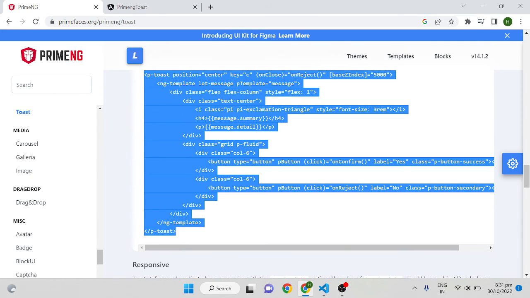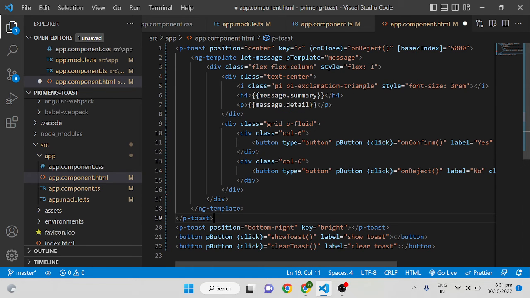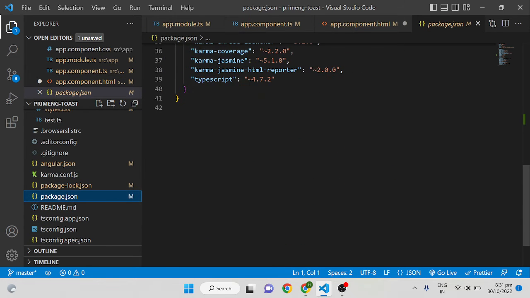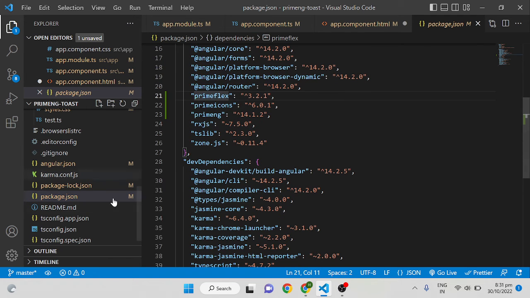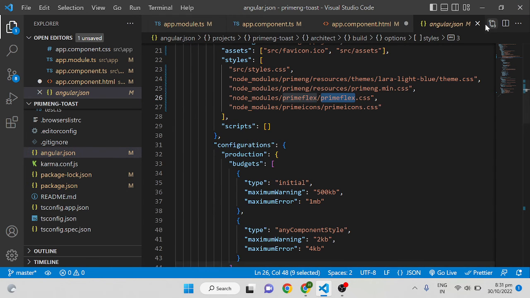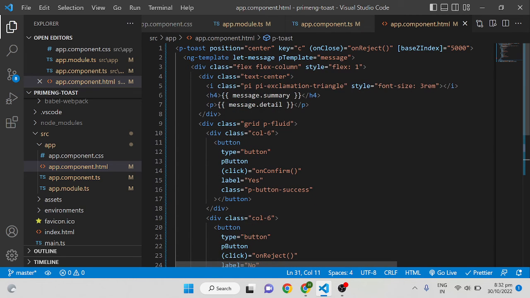we will paste this one. So I am overriding this with this one, and in order to use this col-6 and everything, make sure you are using PrimeNG Flex, otherwise it won't work. So in the angular.json also PrimeNG Flex needs to be imported. Okay, I think you are aware of that. So PrimeNG Flex needs to be imported, and in the angular.json also, otherwise it won't work. Okay, so I have done all those things, and the next thing I have to do is,